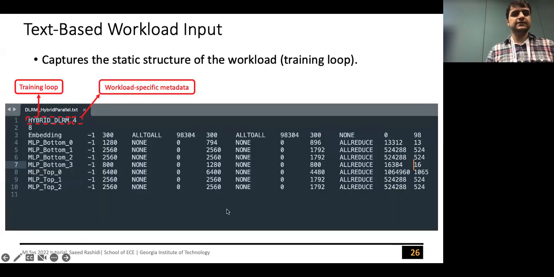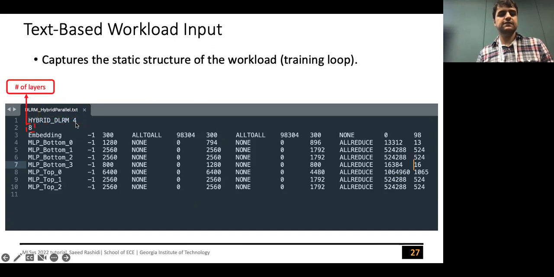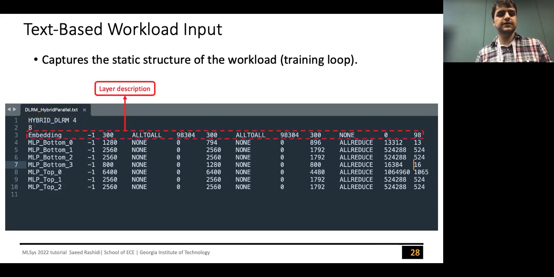So what is the format of a text-based workload input file? It's very straightforward, and that's why it's easy to define a new workload input file using this format. Basically, we have implemented different training loops in the workload layer, and the first line just tells ASTRA-sim what training loop should execute this workload file. And then we have some metadata that is workload specific. Then we have the number of layers for this workload file,